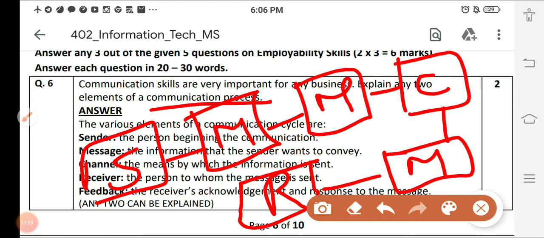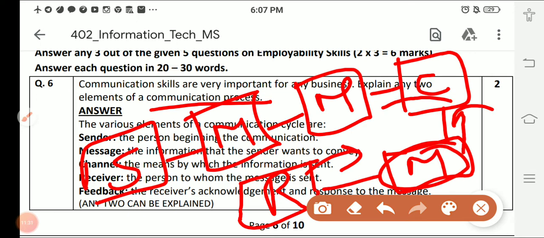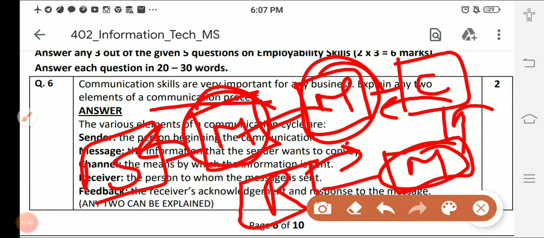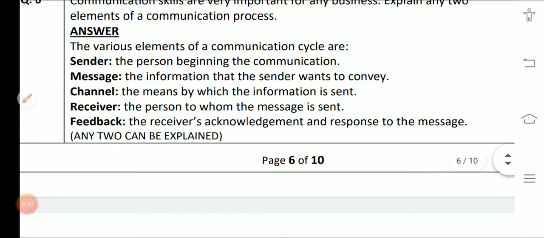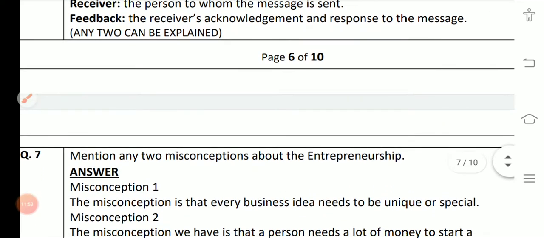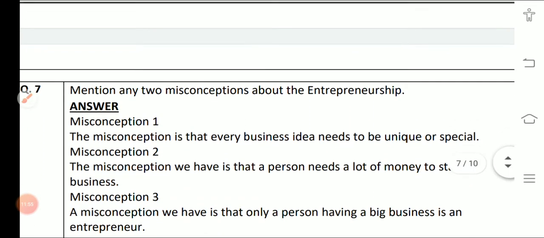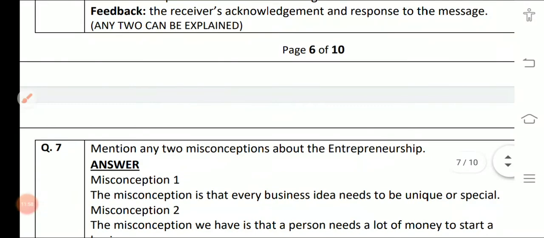In the same manner, receiver and sender both are using analog signal. What the receiver is giving is also analog. The modem will again convert that analog to digital and give it to the channel, the medium which carries it. Again here the modem will convert that signal to analog signal. So here is your message again, and then the sender will receive. So in the question you have to explain any 2 of: sender, message, channel, receiver, and feedback, that is the acknowledgement given by the receiver, the response to the message that yes, your message I received. So this is feedback. Out of these, any 2 you have to explain.